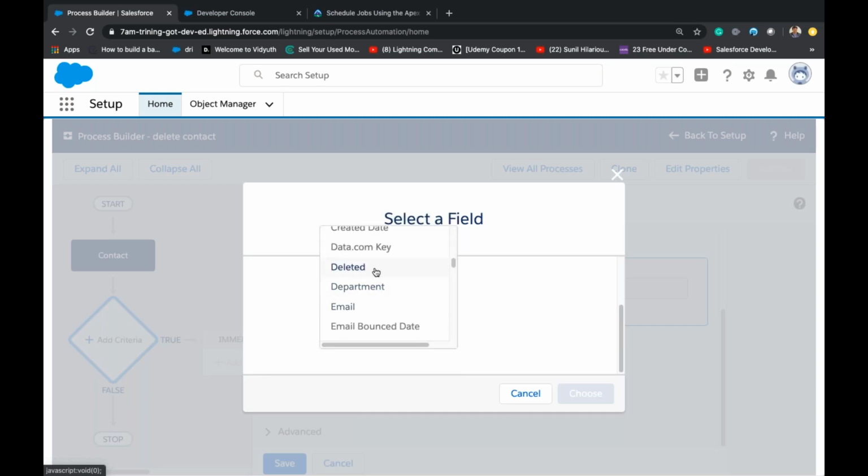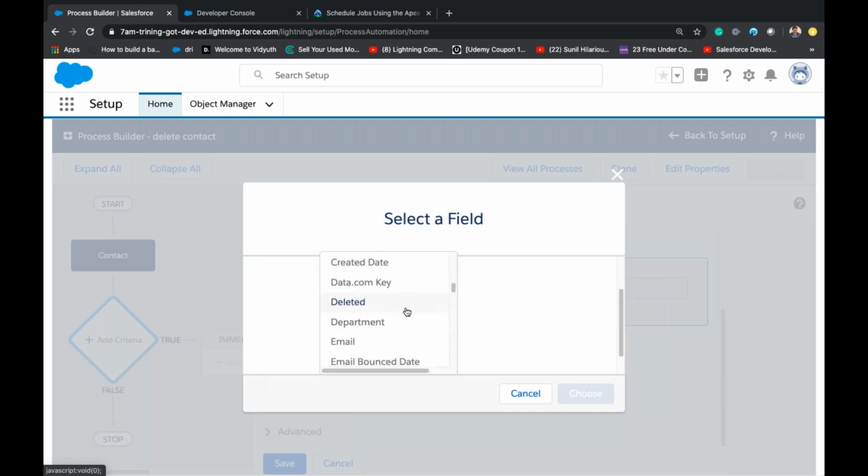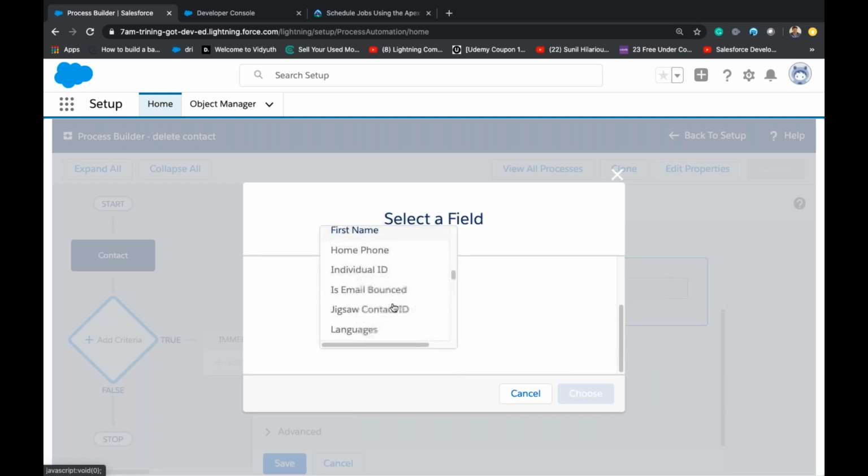This is a read only field, so deleted. Once this contact is deleted, this is checked to deleted, so I can't read that field. Remember, formula fields cannot be used for condition in process. So I don't have any field.